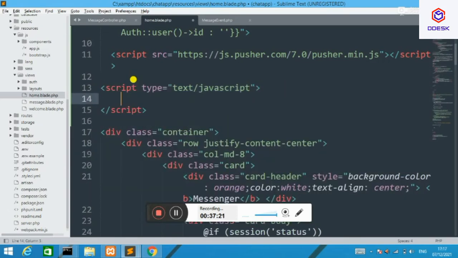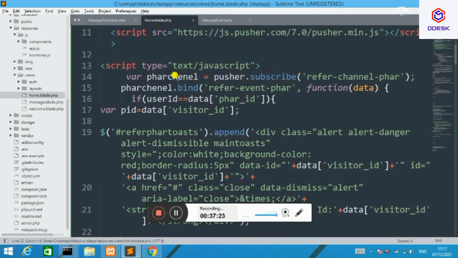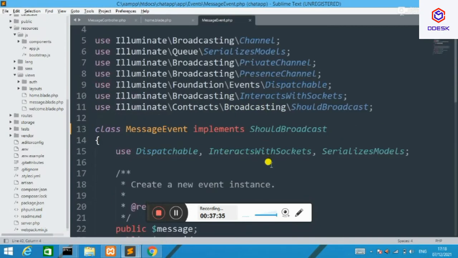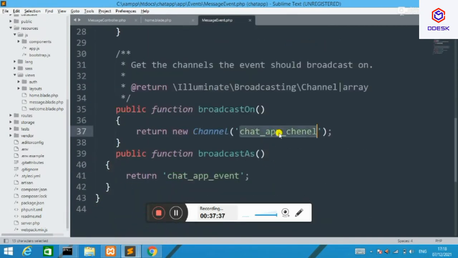In the script tag, paste here. Then I'll change it according to my need. Chat app, I'll name here chat channel. Pusher.subscribe, and subscribe to the channel name which I mentioned in my event class.